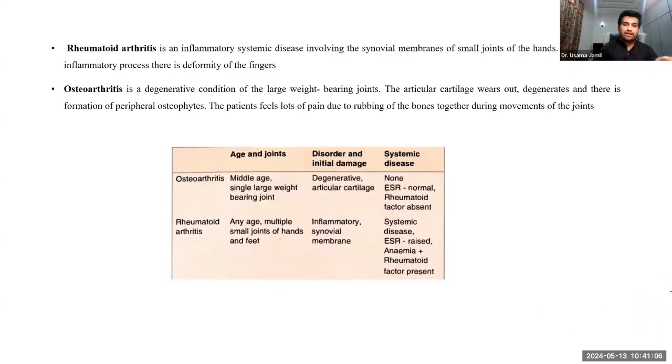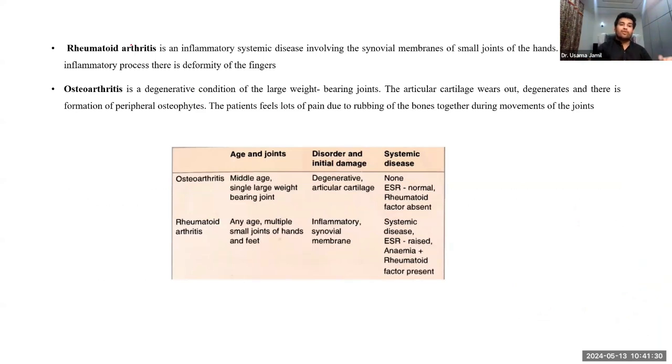Okay, moving on with arthritis. Basically, the joints are also called arthrites. So whenever we say arthritis, it means the inflammation of joints, and it can be due to any reason. There are basically two types; this is a broad classification, and there might be further classification inside, but we are going to deal with rheumatoid arthritis as well as